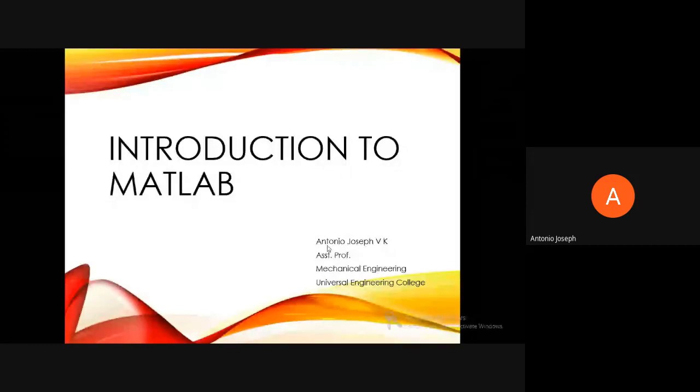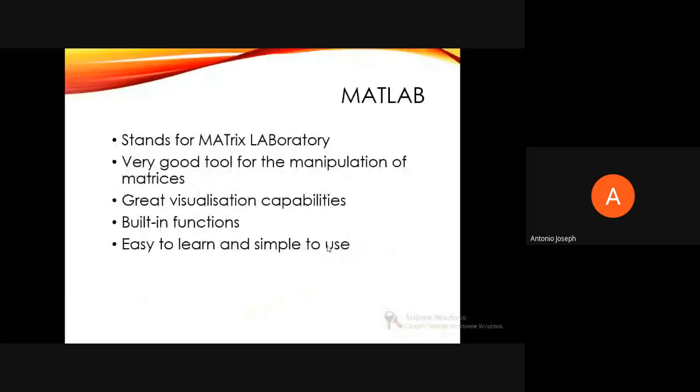It's basically based on matrices. The inputs that we give are treated in MATLAB as a matrix. MATLAB is a short form of Matrix Laboratory, and it's a very good tool that can be used for the manipulation of matrices.